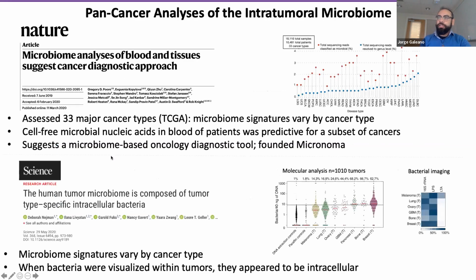As an introduction, this Nature paper found that most solid tumor cancers contain different bacterial communities. And the microbiome composition seems to be different for every type of cancer. This opens the possibility to use the microbiome as a diagnostic tool to predict different cancer types and to predict the clinical outcome of these cancers. In this other paper in Science, it has been shown that the tumor microbiota is mostly associated with the immune and the epithelial cancer compartment. And by using imaging techniques, they show that most of the bacteria are located intracellularly.